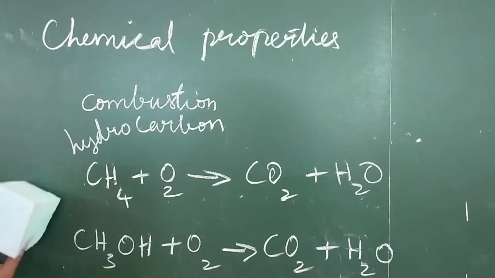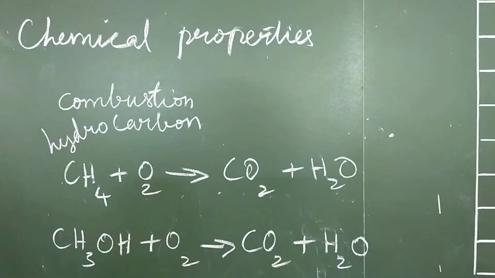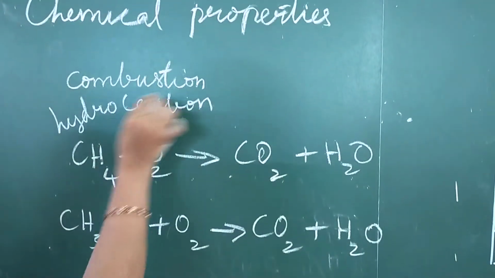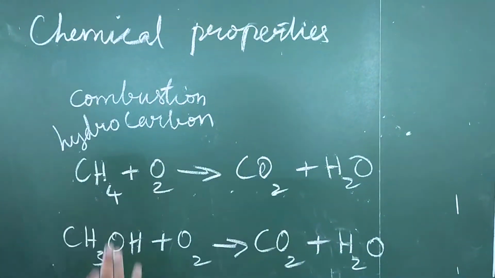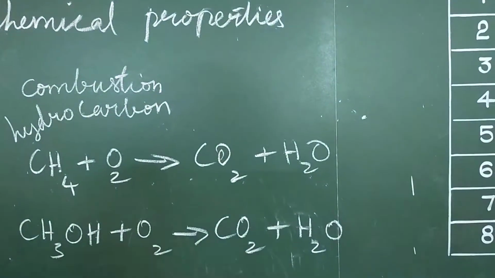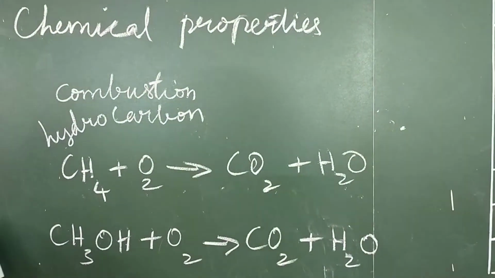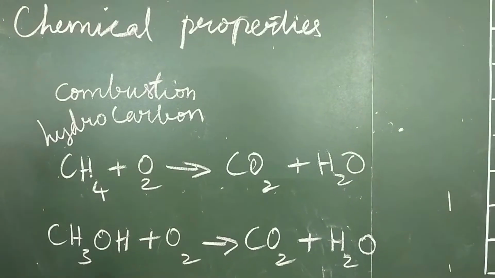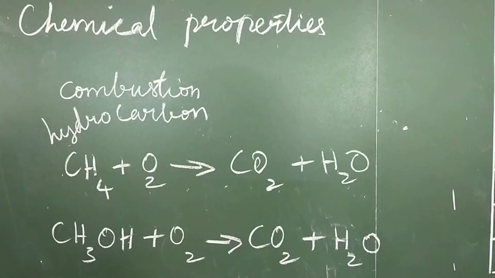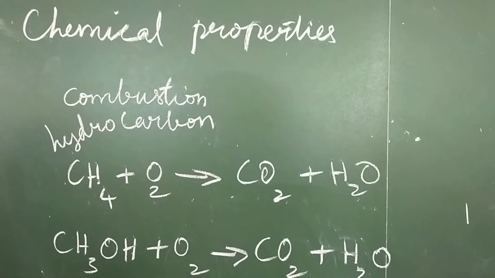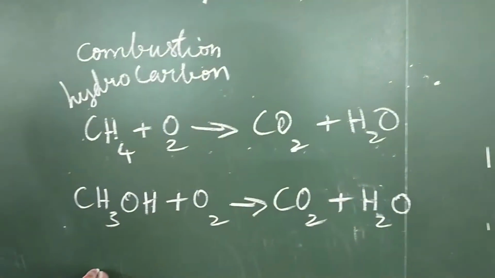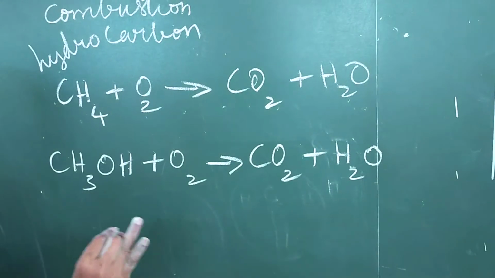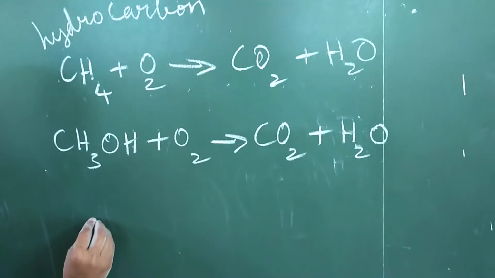Balance the chemical equation accordingly. For combustion of hydrocarbon, all the time it gives carbon dioxide and water as products. Next, addition reaction, oxidation reaction, substitution reaction. These four alone I will say. And automatically you know that acid reacts with metal, you will get salt.